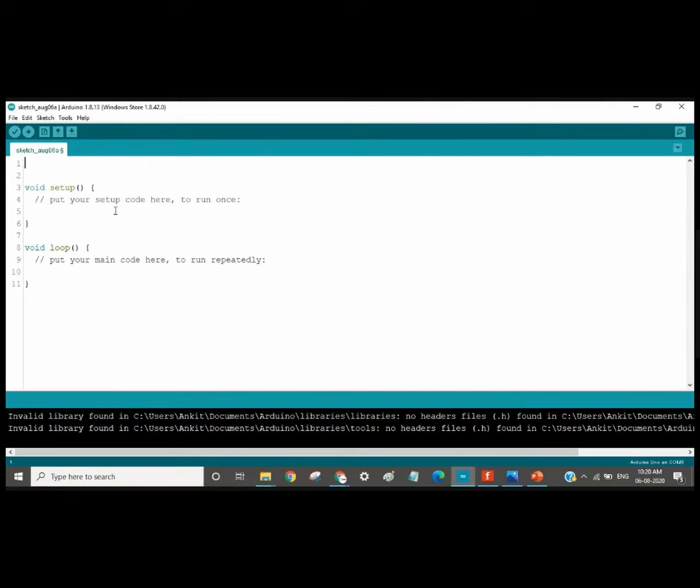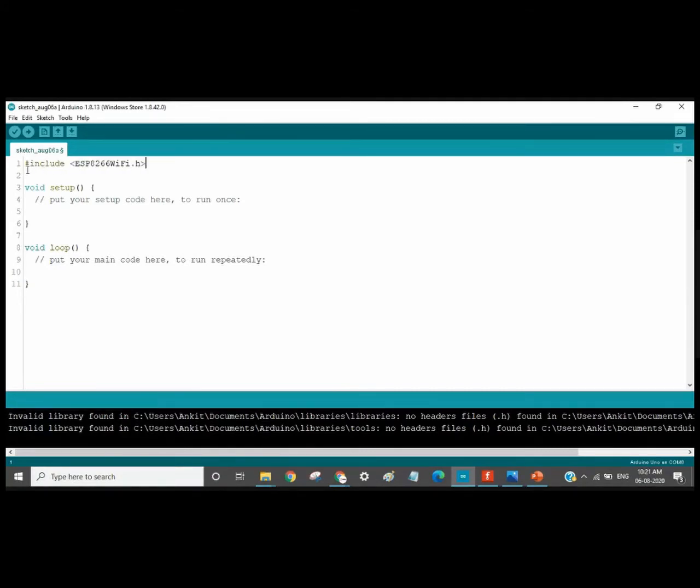First of all, when we are using a NodeMCU or the ESP12, we need to have the Wi-Fi library. Because if the Wi-Fi library is not present, then the code will be very long, because you have to define everything, starting from the connection part and the authentication part. So instead of defining everything, we will be using the ESP8266 Wi-Fi library. So first of all, we will include the ESP8266 Wi-Fi library. The syntax will be #include.